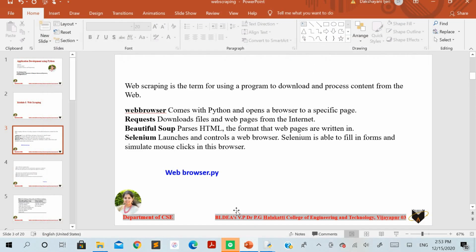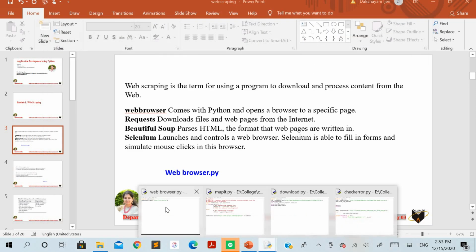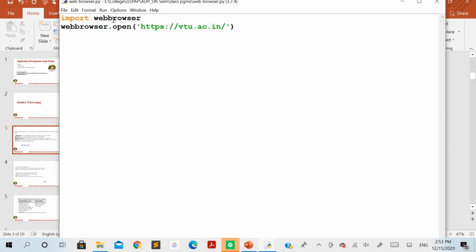So these are the two basic lines that you need to remember, or rather you can see the basic module that is required to be remembered in order to use the Python program for dealing with the internet. So web browser, along with the web browser, the method that is required for connecting to the web pages is the open method here.